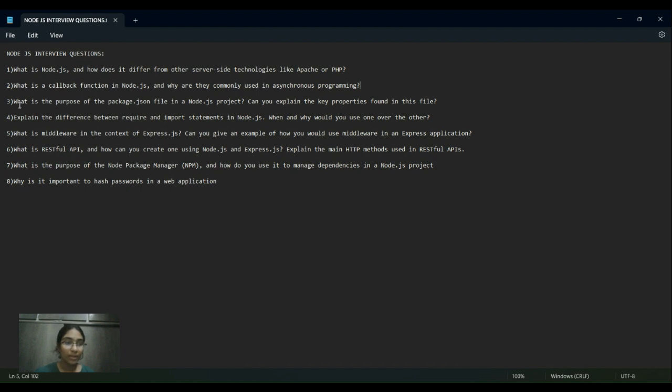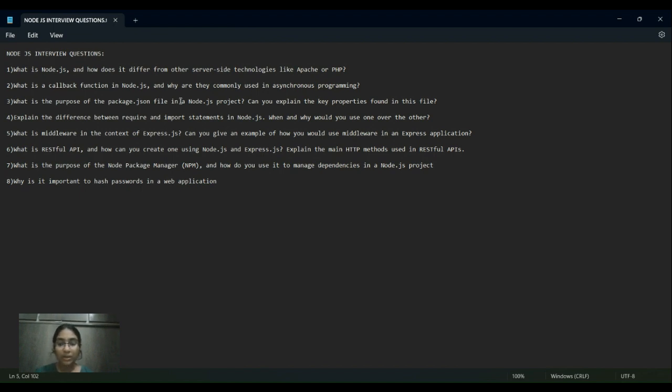So next, coming to the third question: what is the purpose of the package.json file in a Node.js project, and can you explain the key properties found in this file? This is a crucial component. Whenever we set up the Node.js project, this file is automatically stored in our directory.